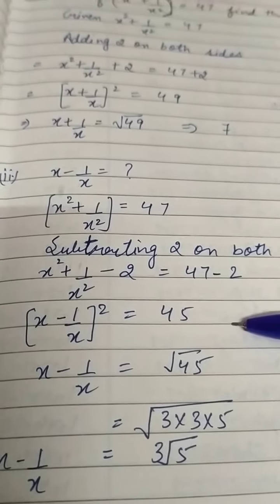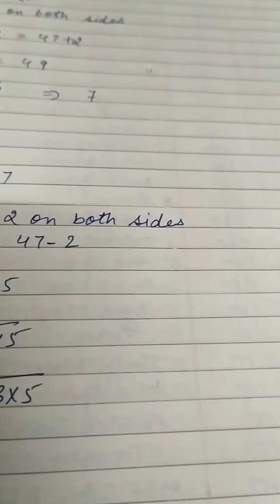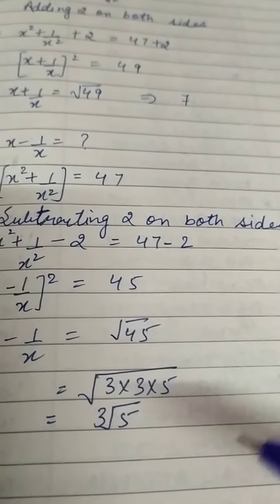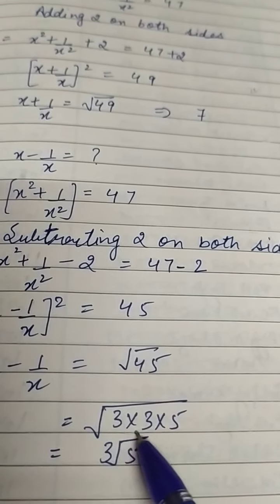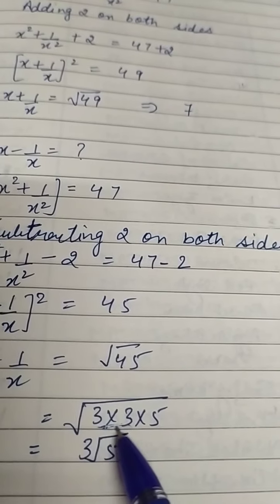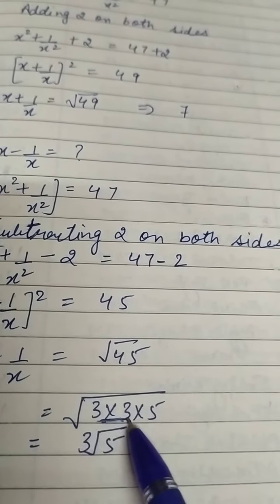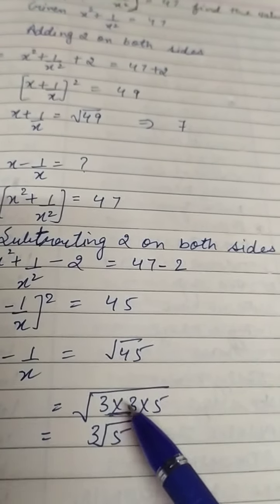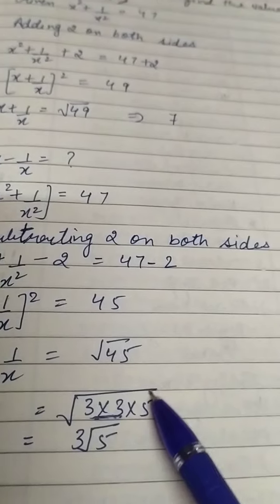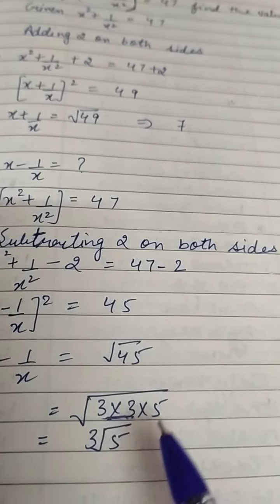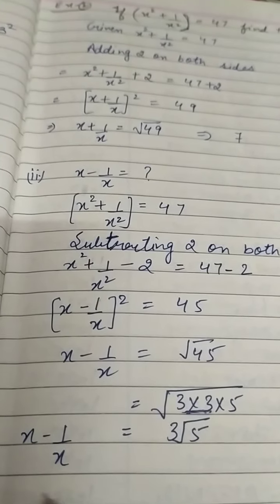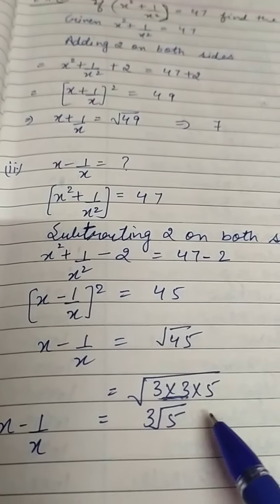So we will take the square root of 45. After doing the square root, we will take the factors 3, 3, 5. So you know, in square root we take only pairs of 2. Okay, means we have to take only pairs of 2. Got it? So the pair of 2 is only 3, means 3 is in a pair of 2. So we will take this 3 out and what will be left is only under root 5, this will stay in the under root. Okay, so the value of x minus 1 upon x will be 3 under root 5.